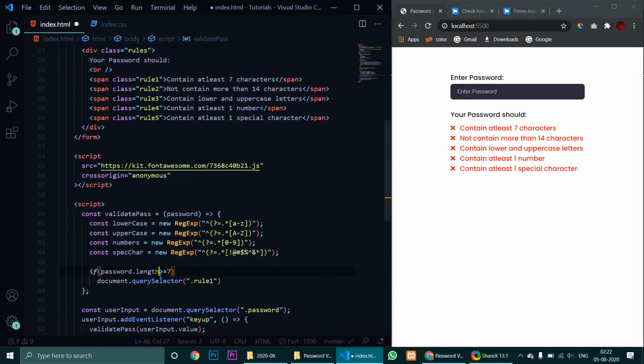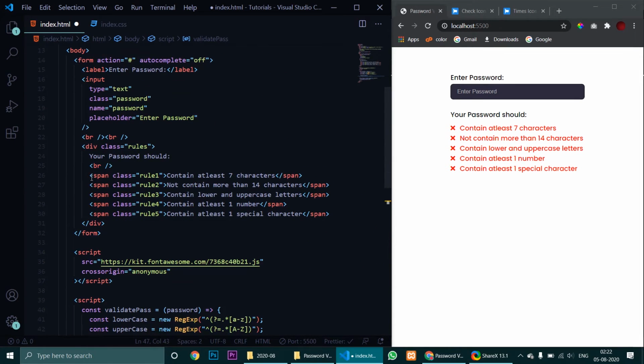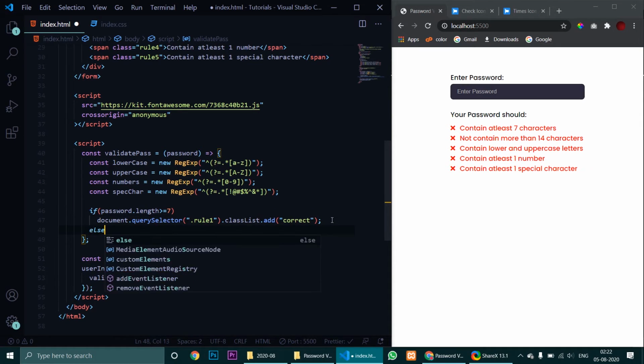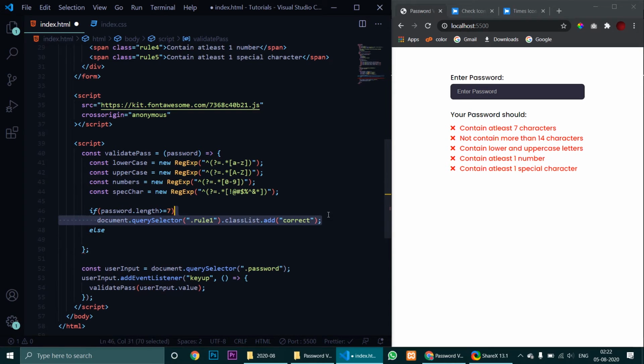So this will select this span class. This span class is selected over here by this line, and to its class list we will add a class of correct. So whenever this condition is satisfied, a class of correct will be added, but whenever this condition is not satisfied, we need to remove this class.